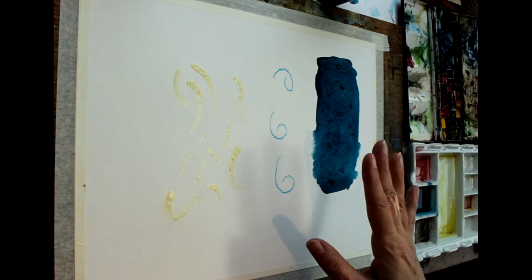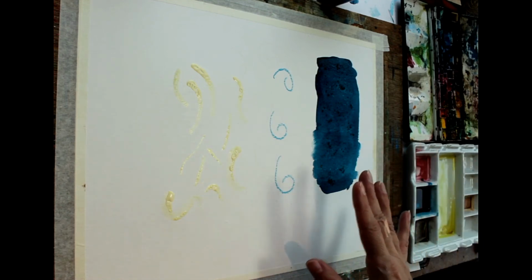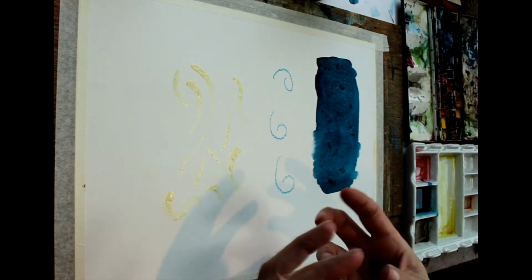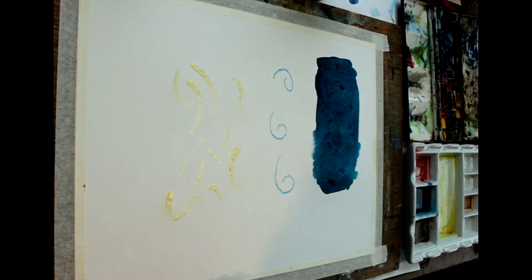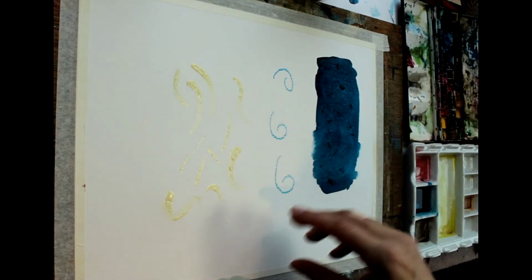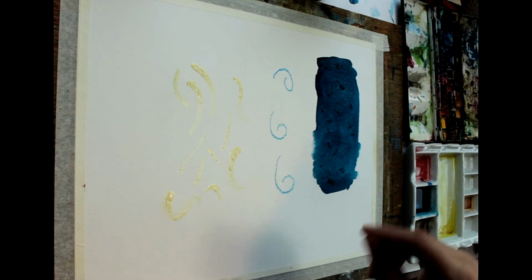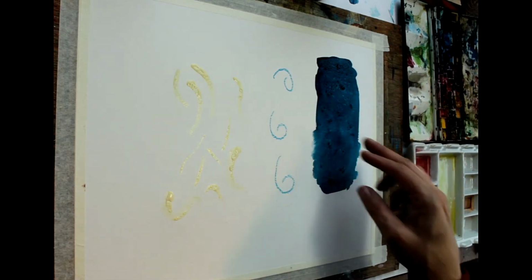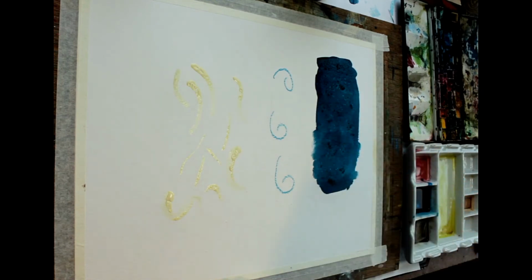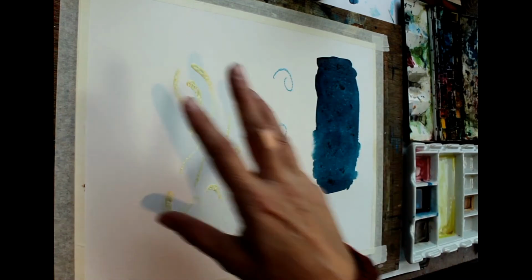One thing I've used it in is when I've been doing a horse and I want it to be dappled. So in that case I used a much bigger salt. I used some of the more rock salty type sea salts, and made my horse dappled by putting the salt into the grey of the horse. So there are different things that you might want to use it for to get some texture, and you can perhaps see it's already starting to dry there and starting to make those shapes. But what I'll do now is I'll go away and I'll come back when both the masking fluid and the